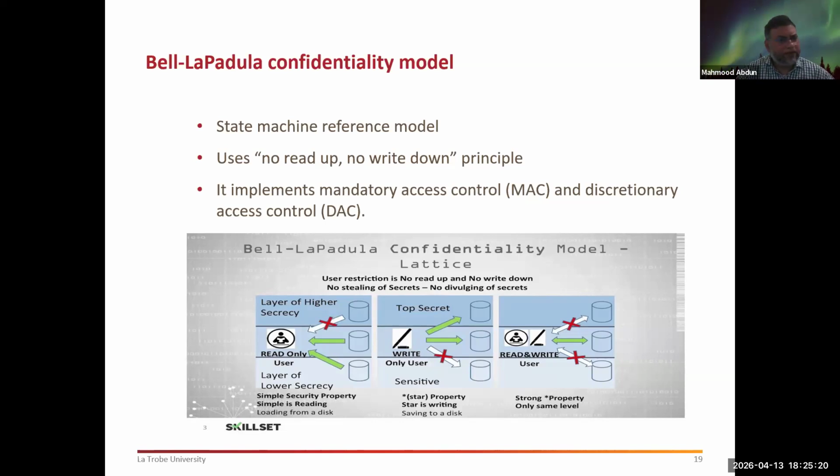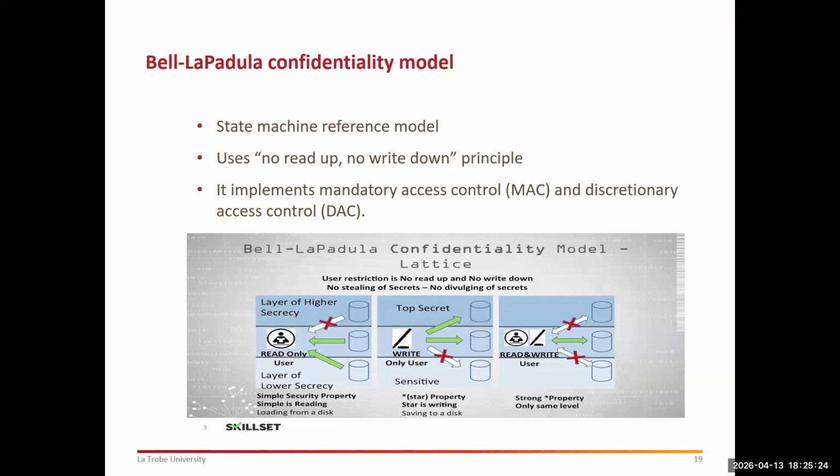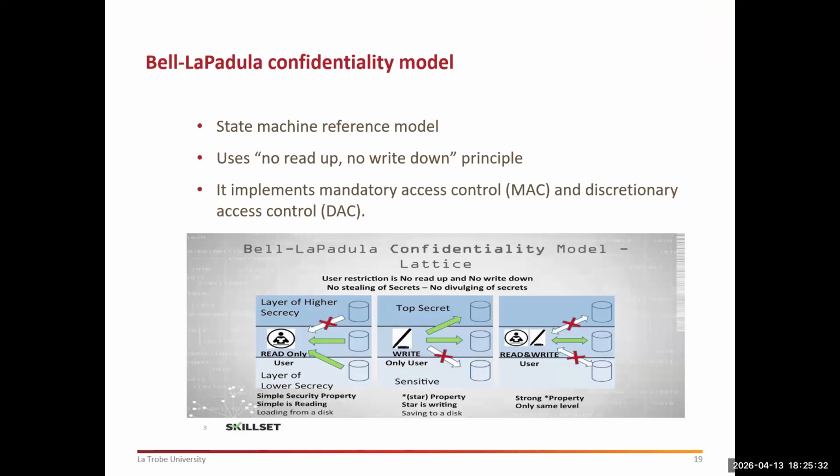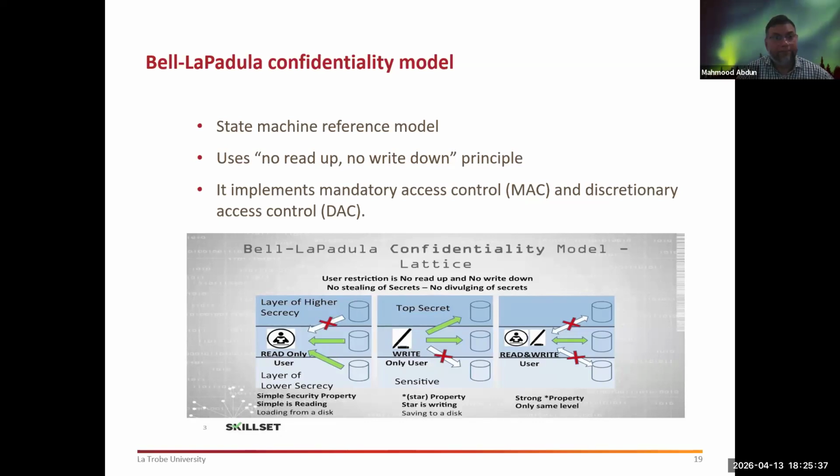Greg, you're asking, it doesn't make sense because surely the highest level of confidentiality user might have less sensitive content they want to share with people on lower levels. What do you mean less sensitive? I don't think that's less sensitive. Higher level of sensitivity means more sensitive, right? Okay, so